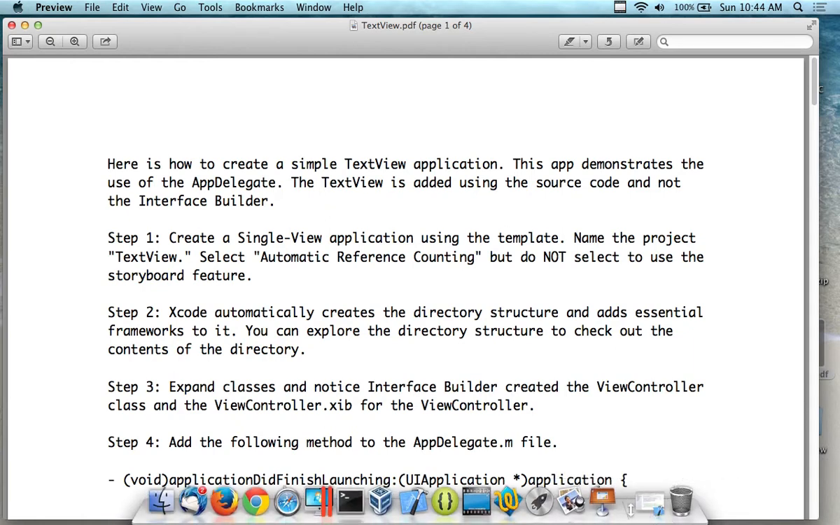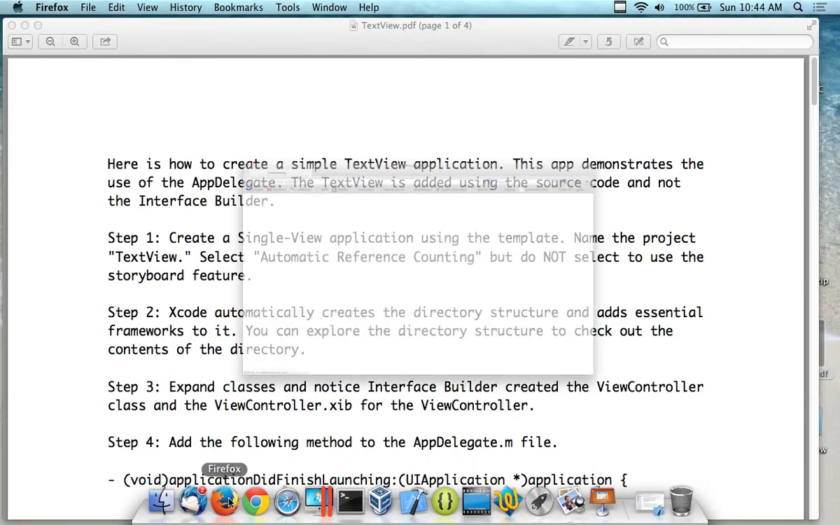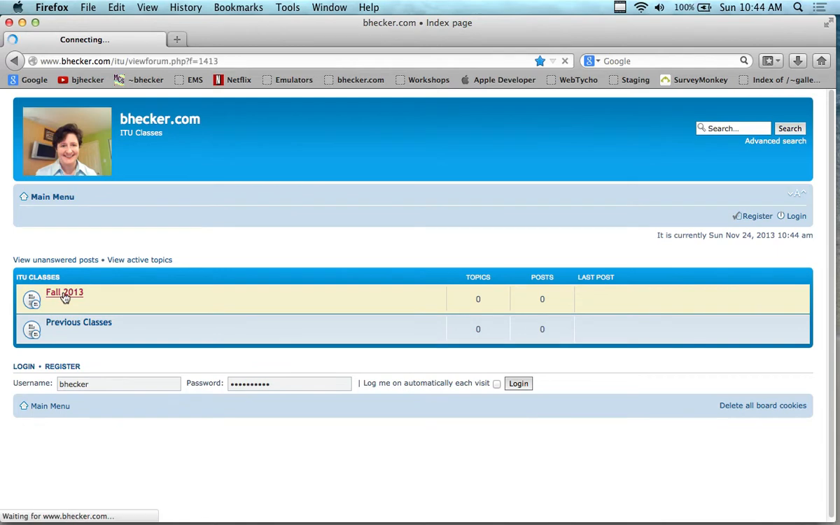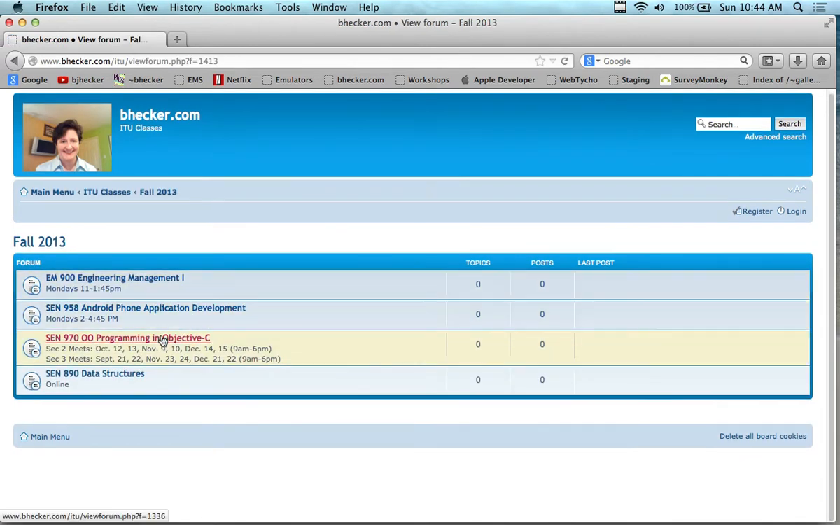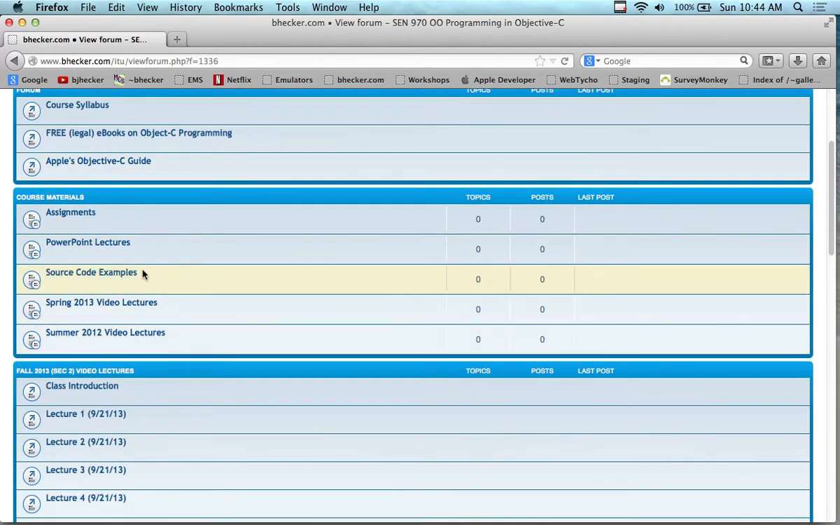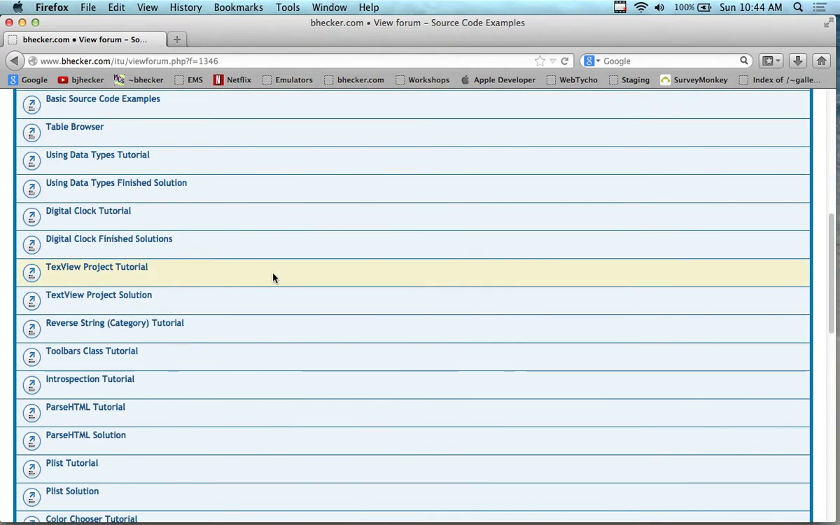Text view, and text view here is located out at the bhacker.com website. It's object-oriented programming, source code, examples, text view project tutorial. This one also has a solution file for it as well, but the solution file is a very old project type that's based on an XIB interface without a storyboard. So that's why I decided to recreate that other one, because what I did is I took away the storyboard,